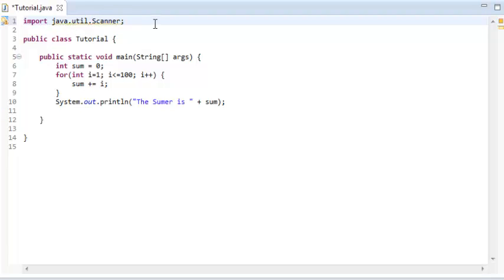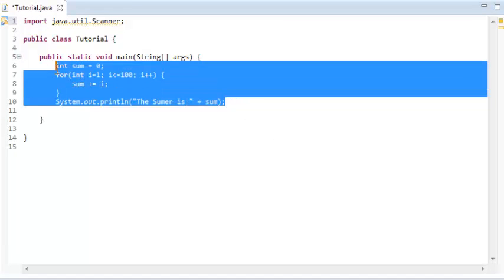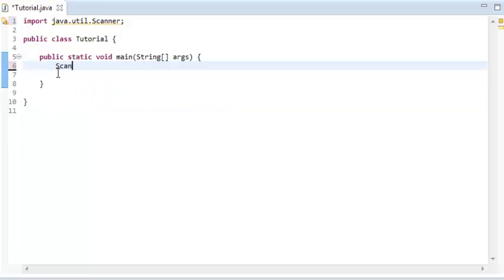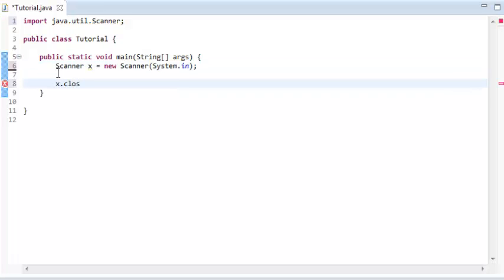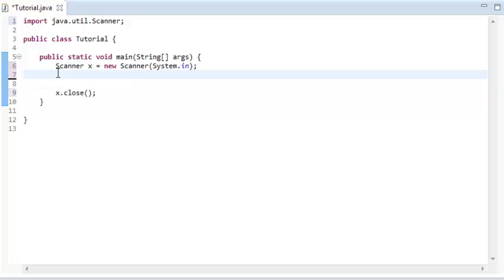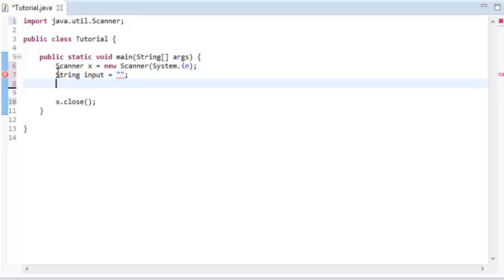So let's go ahead and import a scanner for this example, and I'm going to create our scanner, Scanner x = new Scanner(System.in). And go ahead and close our scanner because I always seem to forget to do that. And let's go ahead and go while, string input equals blank, and while input does not